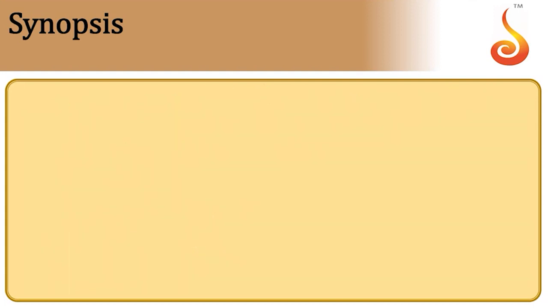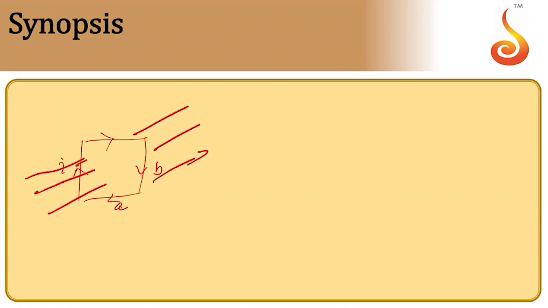However, if I consider a current loop like this, let's assume that the current is I. This rectangle of sides, say A and B, is kept in a magnetic field like this. Let's assume that the magnetic field strength is B, and that it subtends some angle with the perpendicular drawn to the loop. This experiences a torque. The current loop experiences a torque.